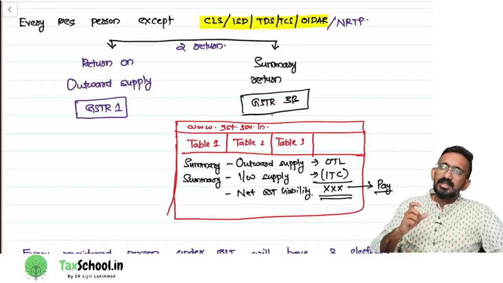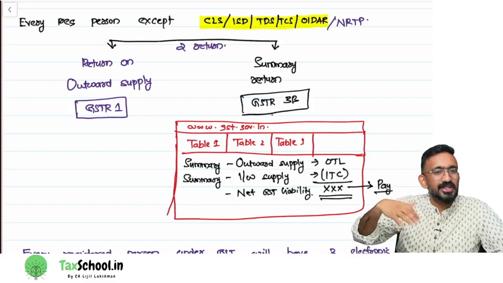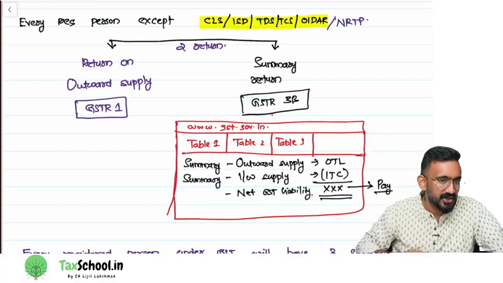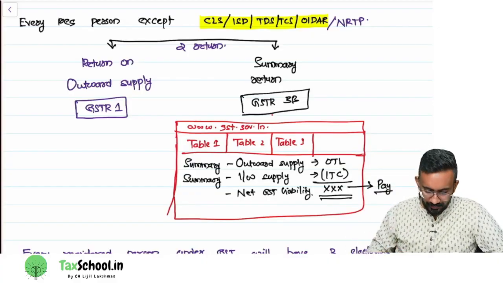Right? So what is the due date of 3B? It will be the due date of your payment. So what is normally the due date of 3B? 20th of next month. What is the due date of payment? 20th of next month. Likewise, you can imagine this and then understand. Right? Okay. Then,